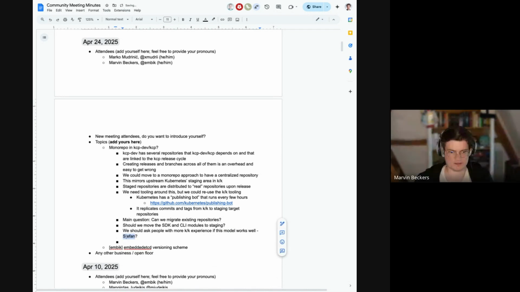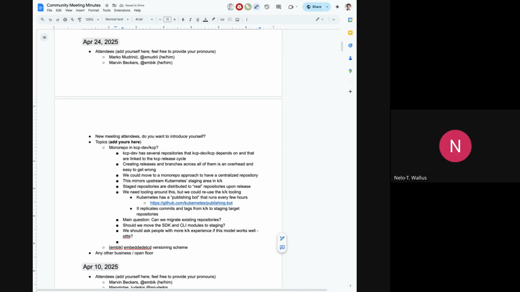Okay, yeah. Nilo, I think you had your hand up next. As someone who just got done setting up both KK and KCP, I think the current setup for KCP is more of a pain than KK, which is mostly because you have to pull all of the repositories, set them into your Go workspace, and so on and so on. With KK, you just pull the repository and you get working, so to speak.